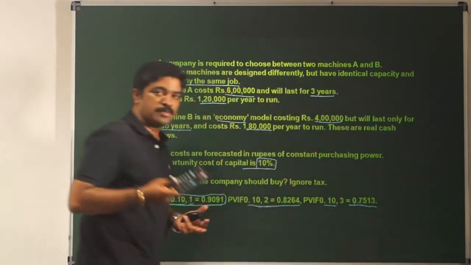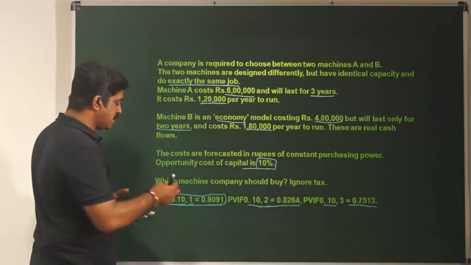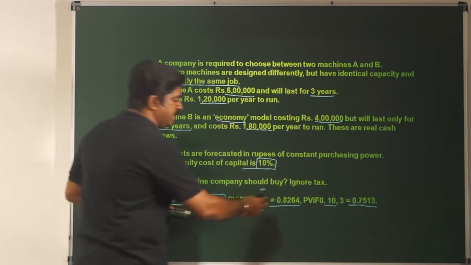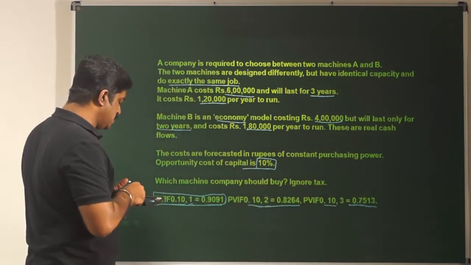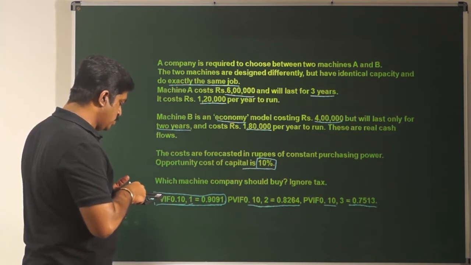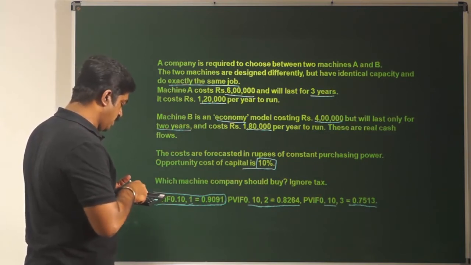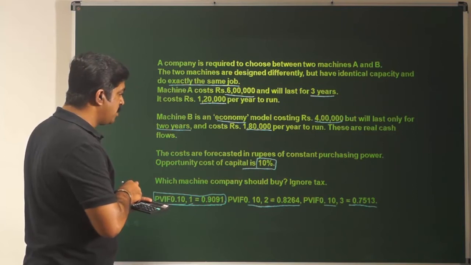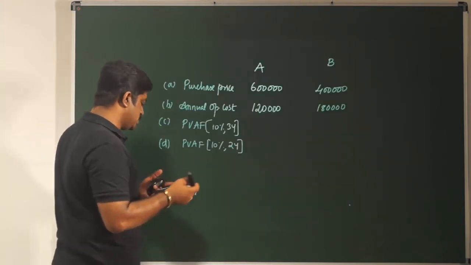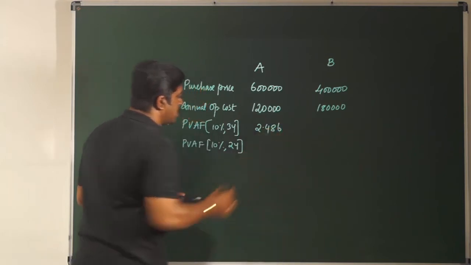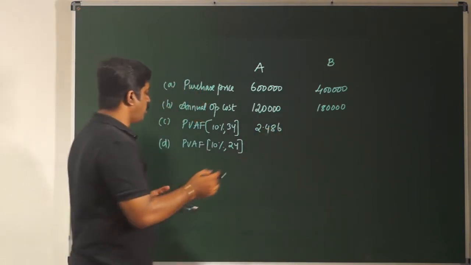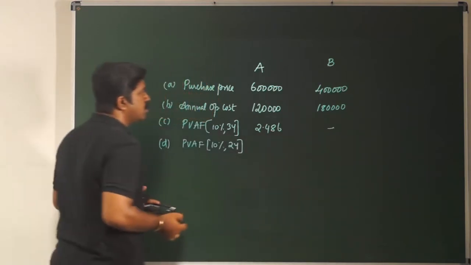Okay. So I am taking my calculator. Let me calculate PVAF for 3 years. It means I have to sum all the 3. So it is 0.909 plus 0.826 plus 0.751. So that makes PVAF for 3 years as 2.486. Then I also need PVAF for 2 years for project B.